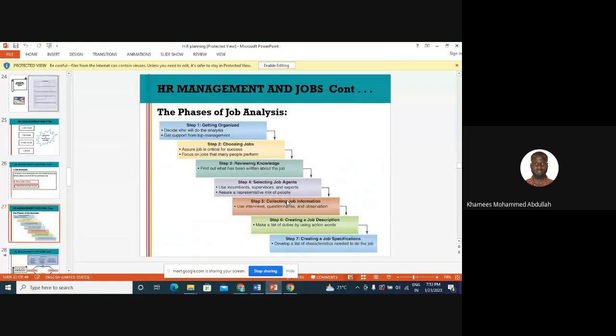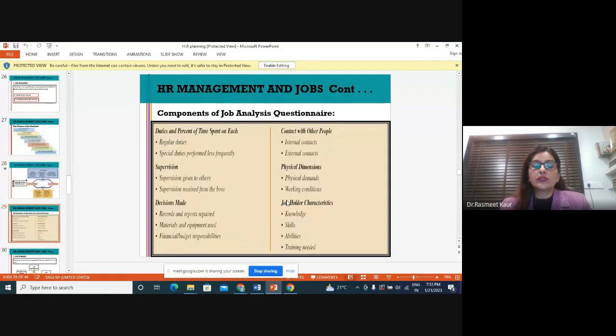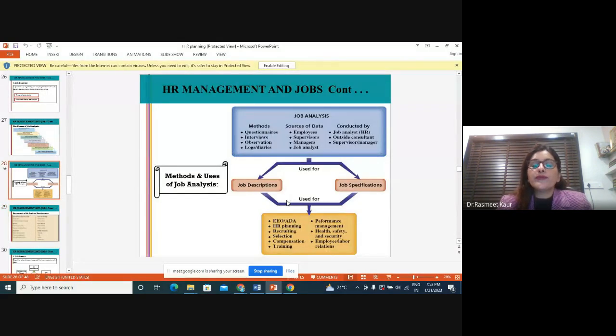So I thought I'll show you something related to job analysis. This is what I actually wanted to show you: when we do job analysis, as you can see on the slide, there are a few things written. How do you do job analysis? What are the methods of doing job analysis? What are the sources from whom you get the data, and who conducts the job analysis? This is already there in that PDF. I'm just showing you this PPT so that you're able to connect, rather than reading the things in the PDF. I thought I'll share this and it becomes more interesting.